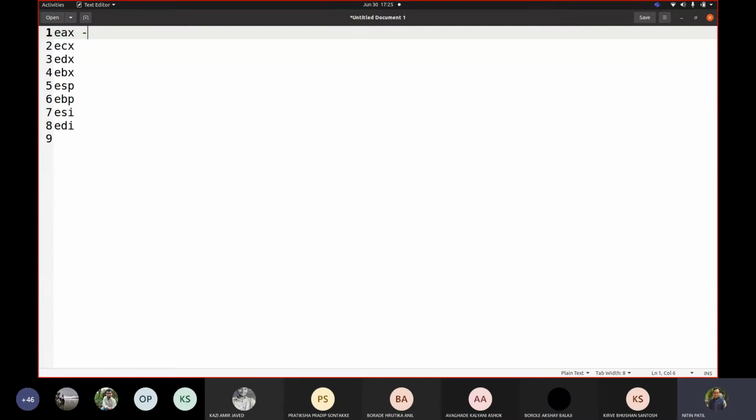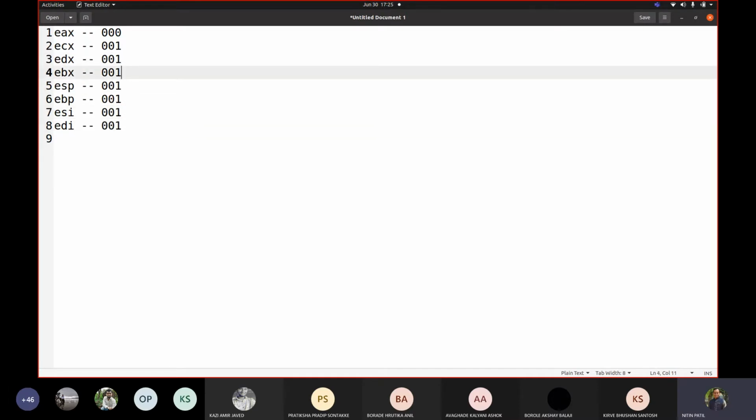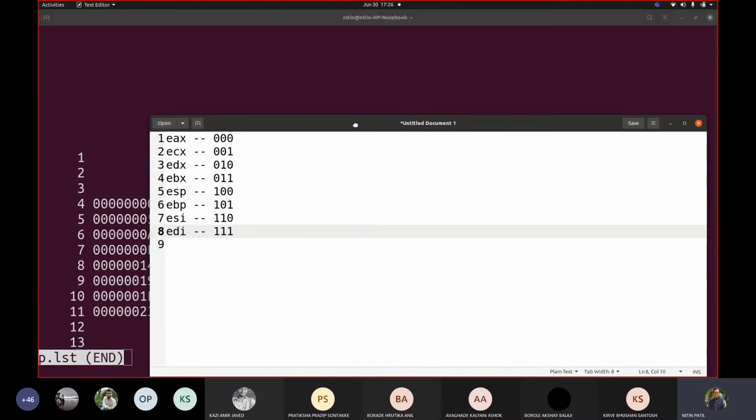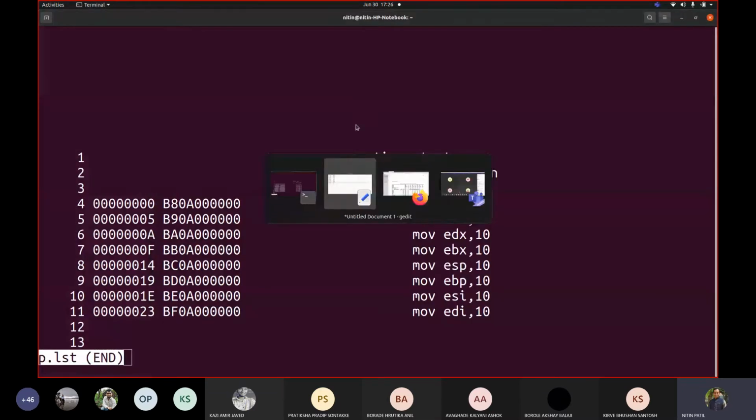So the number representation was 000, 001, then 010, 011, 100, then 101, 110, and then 111. So if I compare this to my PDF,